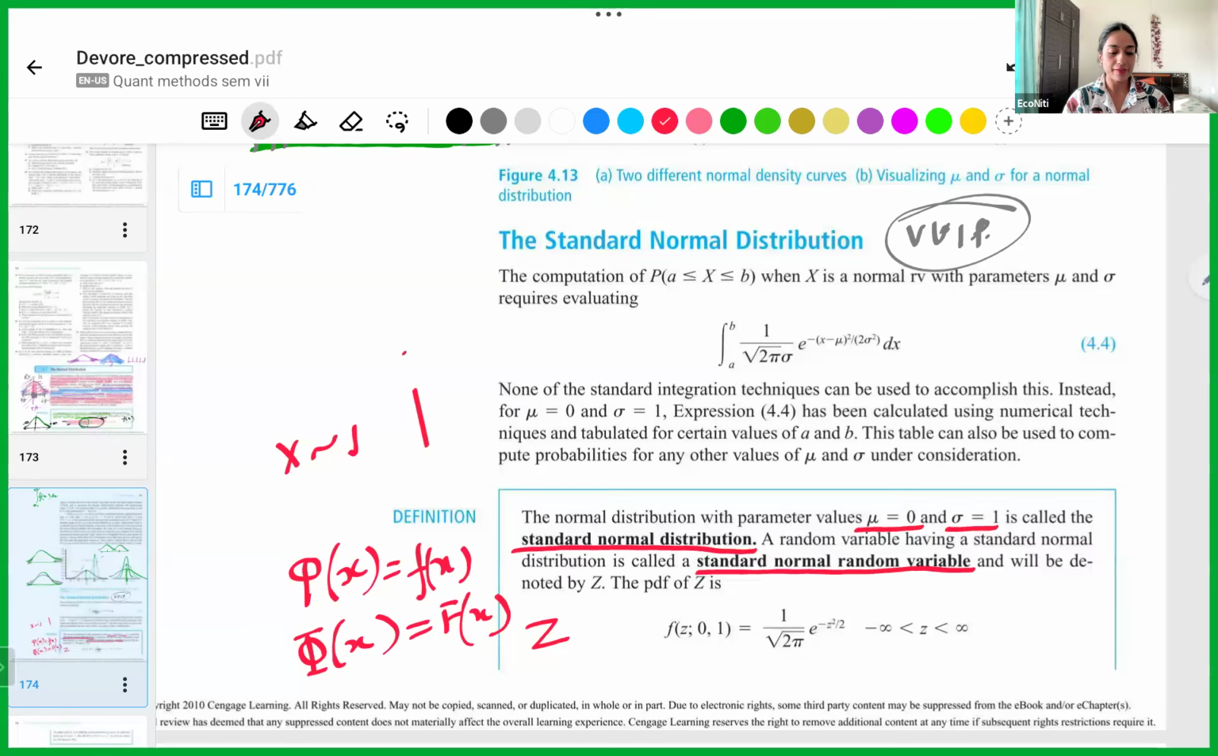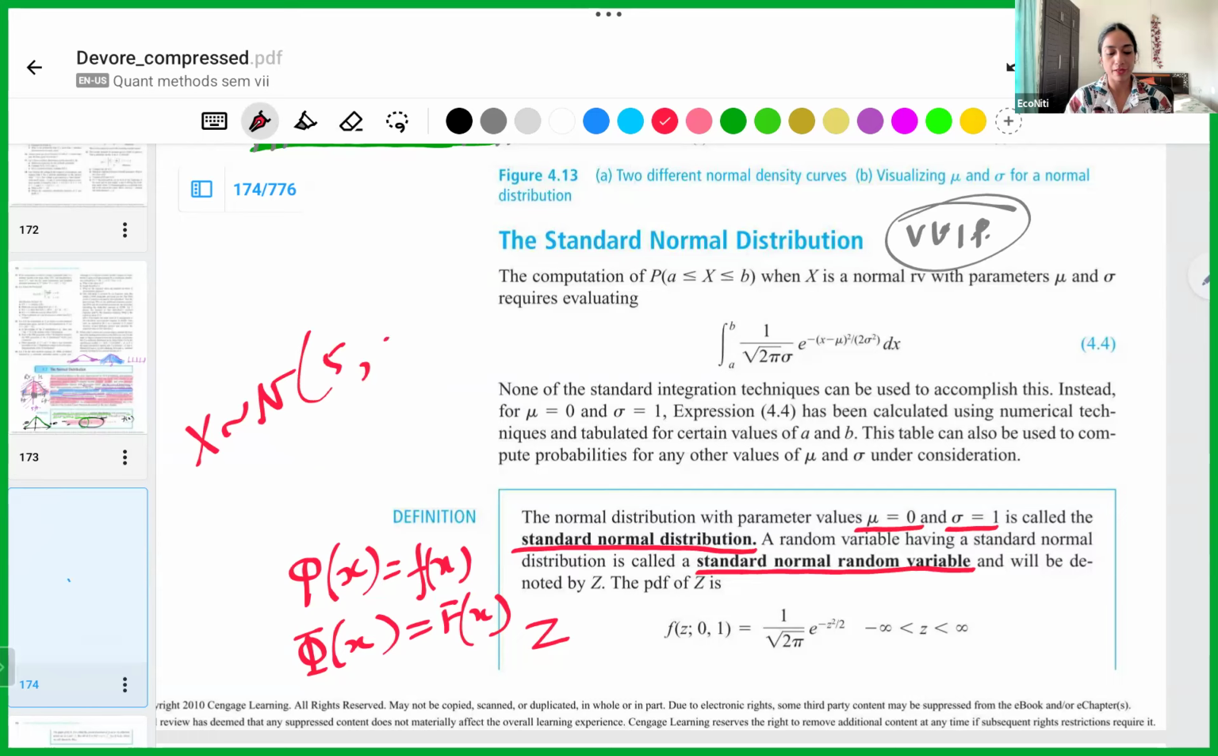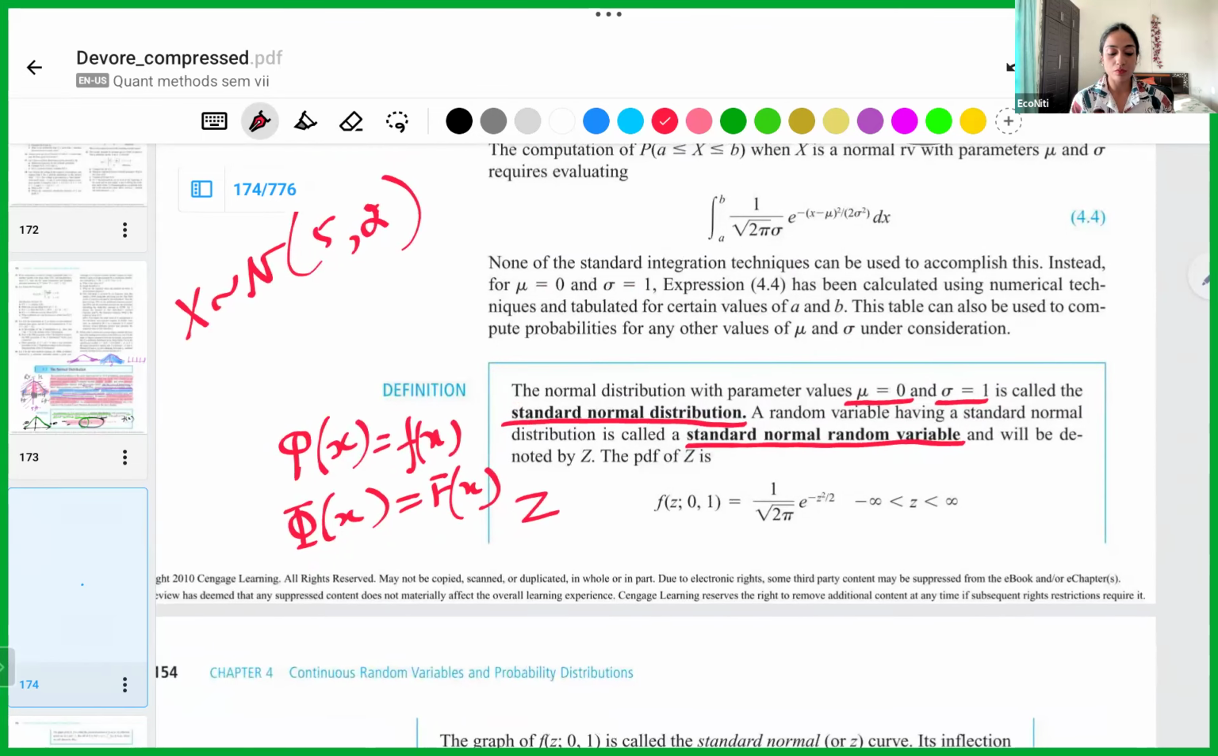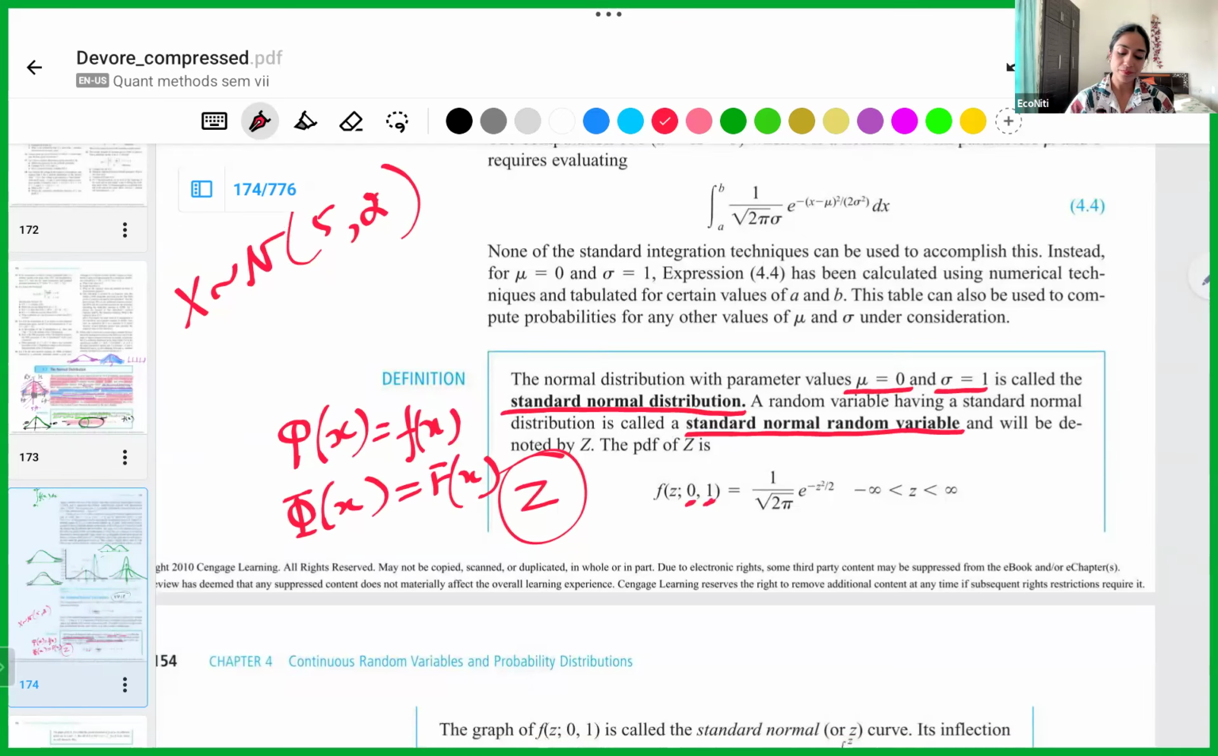So we say that if any random variable has the normal distribution, we say that x is distributed normally with, suppose, mean 5 and variance 2. Yeah, this is the symbol that we use. And for a standard normal, we specifically use, जो उसका RV है उसको Z से denote करते हैं, ठीक है? So the PDF of Z is given by this, where this is your mean, this is your variance or standard deviation. Okay? Now,